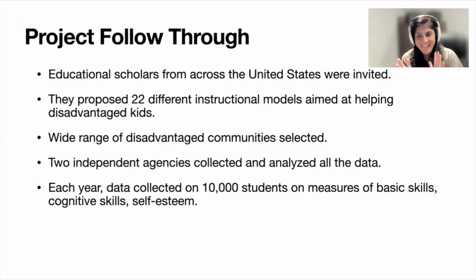Each one of these models was tested in a variety of schools over a 10-year period. A 10-year period was chosen because they wanted to make sure that teachers had plenty of time to learn and properly implement each model of instruction. Everyone in the school had to buy into this particular educational model that they would choose. There were control groups for each model. A wide range of communities were selected for test sites, spanning all the demographic variables, ethnic compositions, and poverty levels. The goal was to figure out which of these 22 models worked the best.